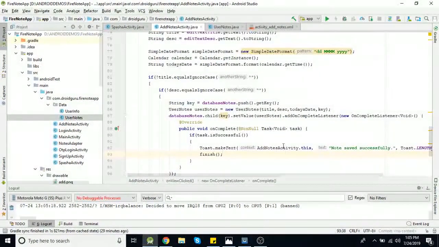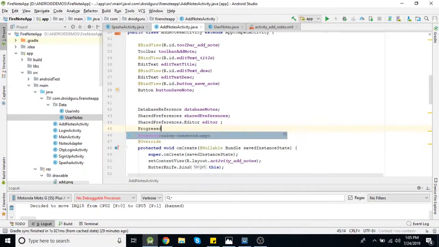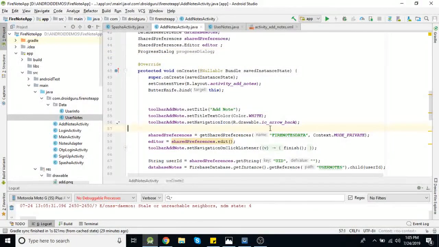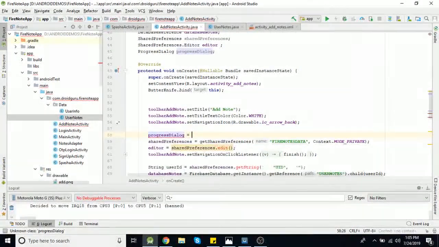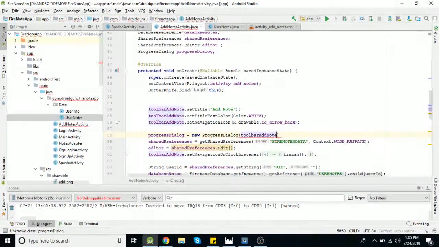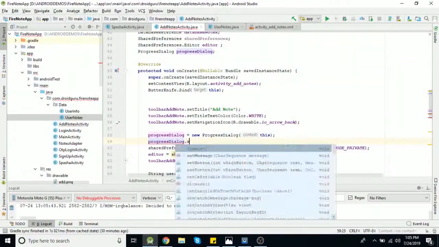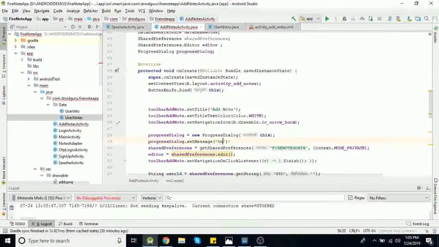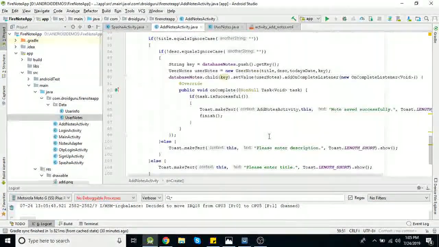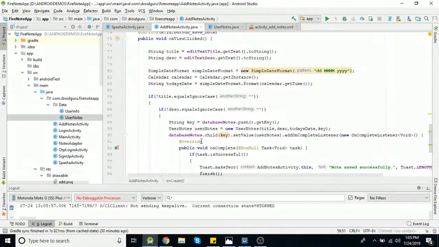Now let's add a progress dialog. Progress dialog dot set message, saving nodes, and when we call this function or when we save these nodes, we need to show that dialog.